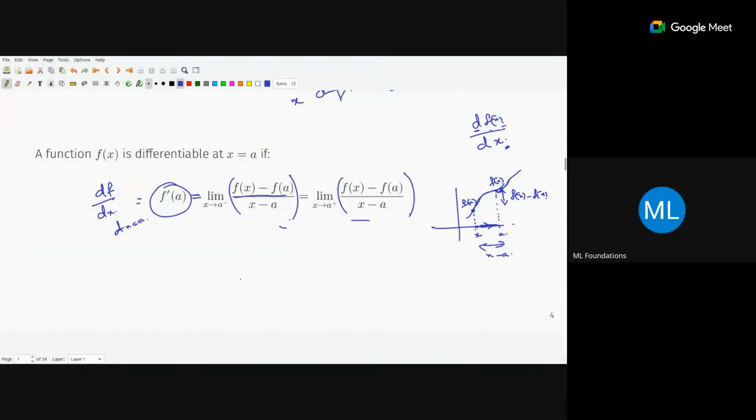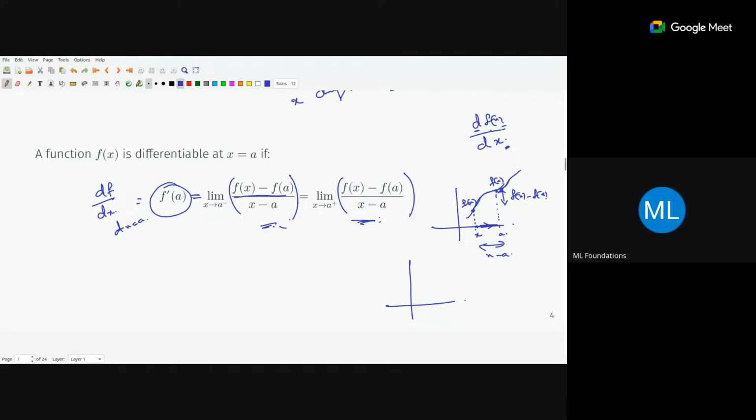Let me talk on this rate further in depth. When we say that we are interested in the rate of change of y with respect to x from the left hand side and the right hand side, when will they be equal? When can they be equal? Think about this for a minute or so. When can this and this be equal?